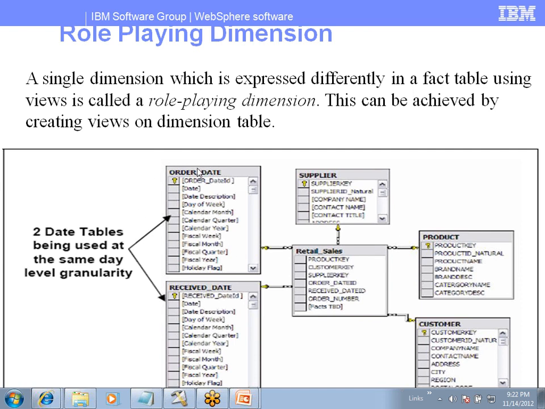For example, the dimension table maintains all the order data. Whatever order data we have, we simply maintain in an order table along with receiver data also. Order data means, for example, a customer calls the order department and gives orders, what products they require, and the deliveries done by the shipping department. They also maintain delivery information. Customer order information and customer receive information are both in a single table itself.